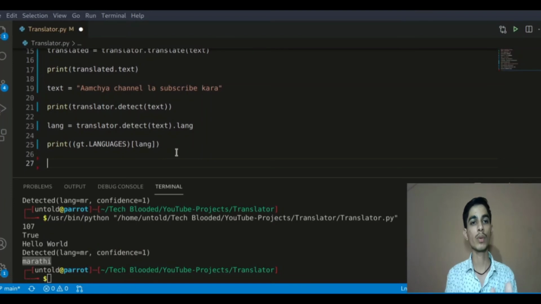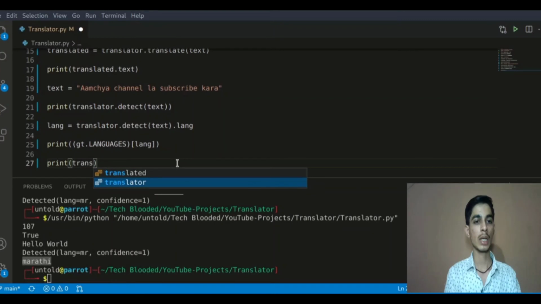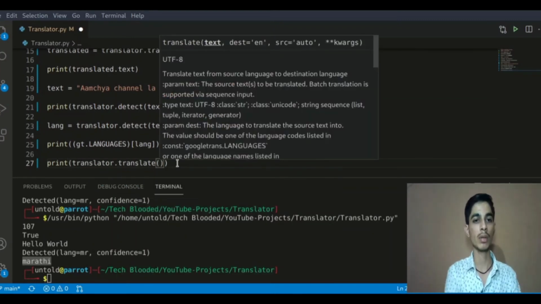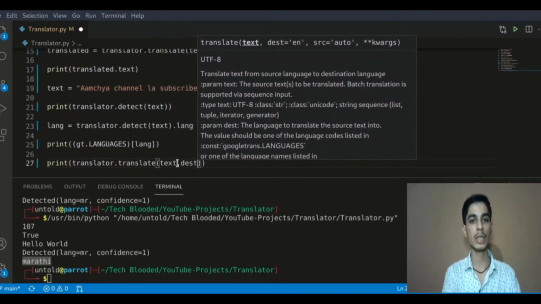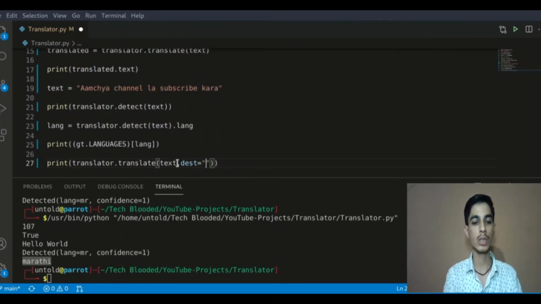Suppose now you want to translate this text, आमच्या चॅनलला सबस्क्राईब करा, to English, then what you will have to do is print translator.translate, and I will have to pass the text into it, and another one, dest equal to the language in which I want this text to be converted. Means I want this in English, so I will pass 'en'.